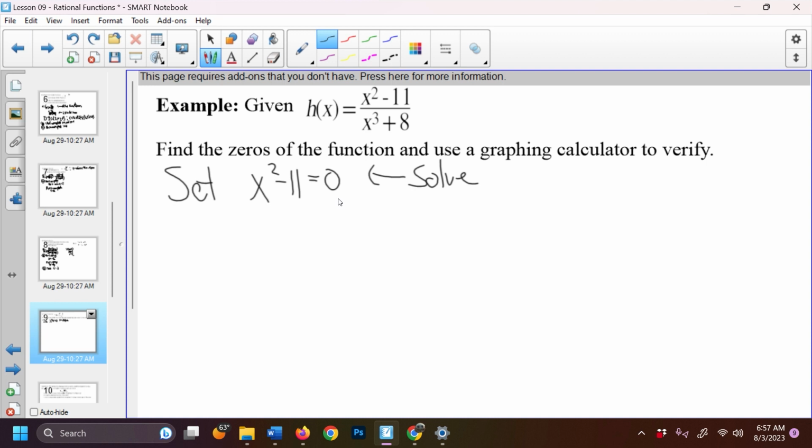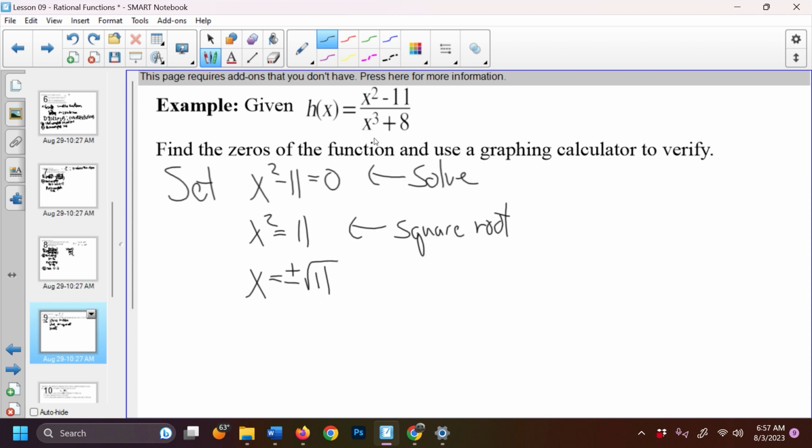so I'll add 11 to both sides, and I'll take the square root, and another reminder that when you take the square root, you add your plus or minus the square root of 11. And that's not going to reduce because 11 is a prime number. And so these are my potential zeros. Now the only possible problem is that if square root of 11 or square root of negative 11 is a 0 of this thing,